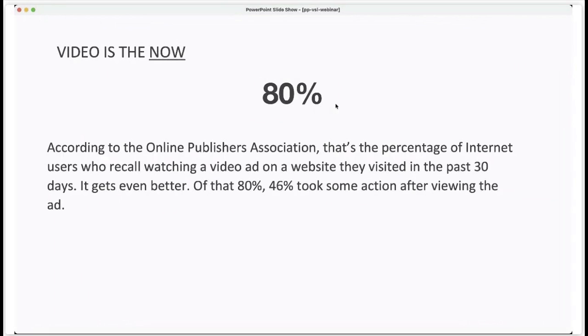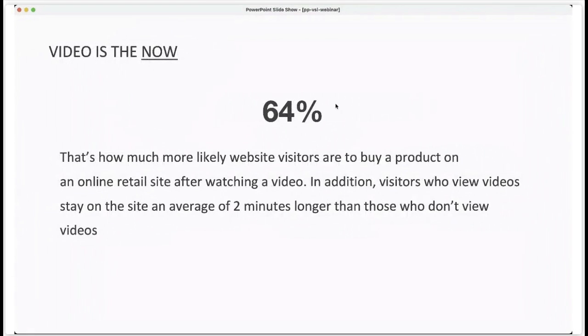So what's great is people are consuming that video content, but they're also remembering it more. It's more memorable compared to a piece of text or an image. 64%, that's how much more likely website visitors are to buy a product on an online retail site after watching a video. Okay, so from a purchasing standpoint, they have buyer intent much more likely if they watch a video